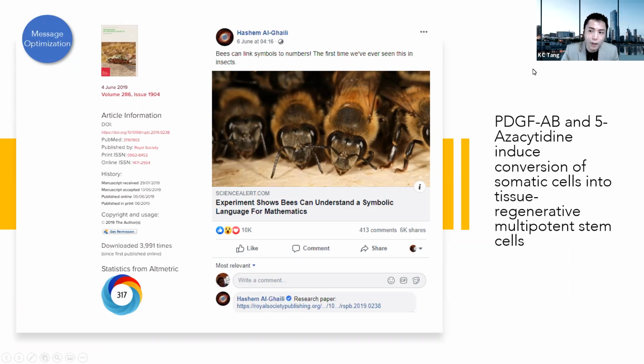His Facebook page, he's a science communicator as well as an open science practitioner. He creates a lot of graphics and videos to promote science and research as well. His page has about 32 million followers, but mainly his target is public science. So as I said, we are not focusing on public science, but his is mainly for the public to understand.